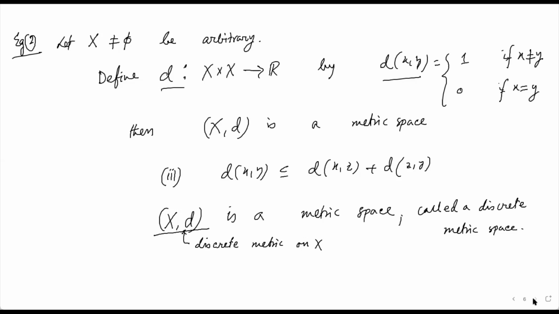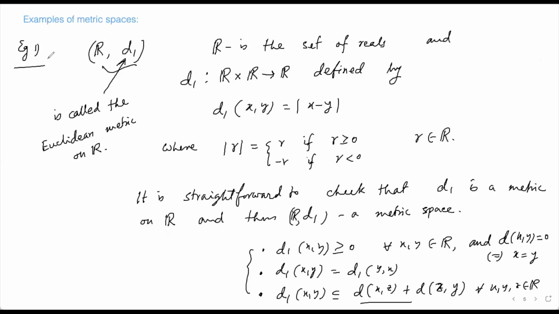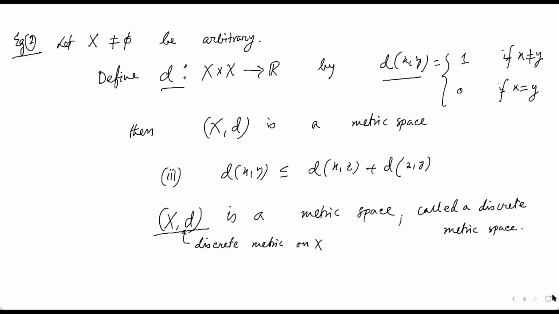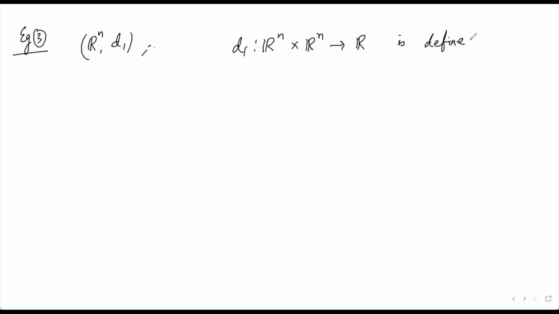And now we give a third example. In the third example, basically we extend our example 1 from R to Rn. So example 3: Rn, d1, where d1 from Rn cross Rn to R is defined by